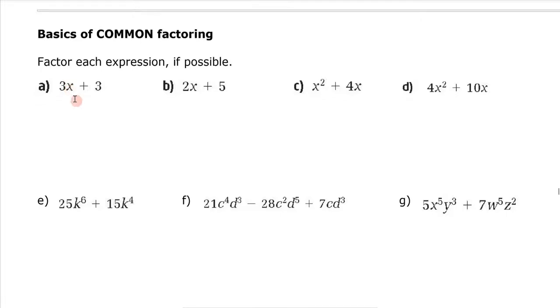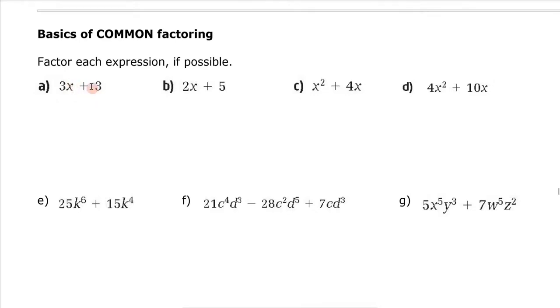Okay, so I'm looking at what is the greatest number. Well, if I look at this term 3x and this term 3, the biggest number that is a factor of each term is 3, right? Because I can divide each term by 3. So when you think of factor, think of division. So I can factor each term by 3,